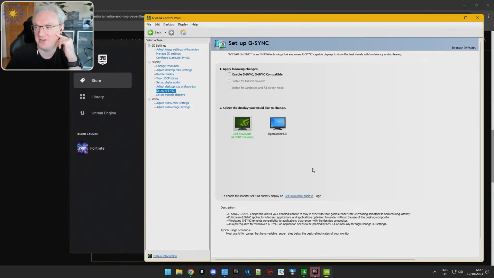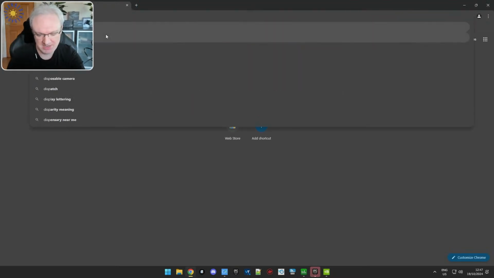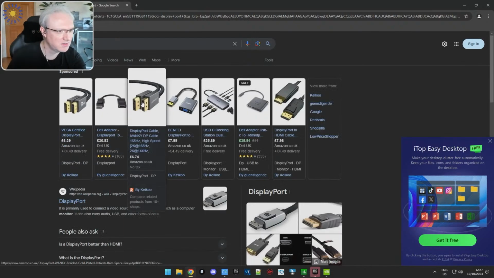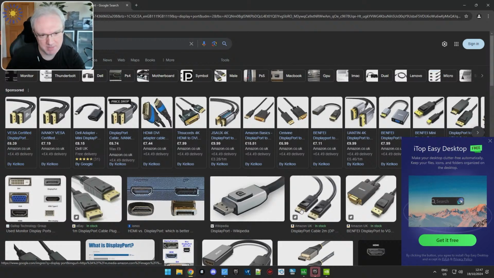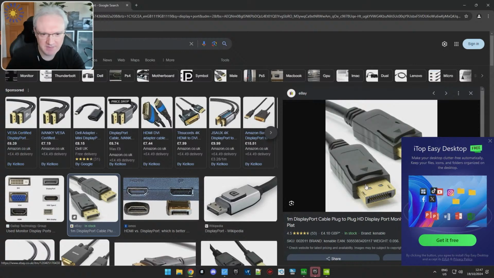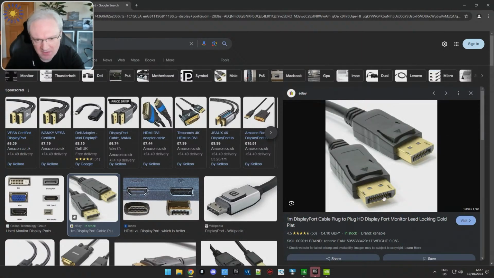Yeah, you need to be using a DisplayPort. It's a different end cable, so they look different. A DisplayPort will have a button that you press in, and it's got a little weird angle bit on it. That's a DisplayPort cable. You'll be able to get higher bandwidth through the cable, and you'll be able to get